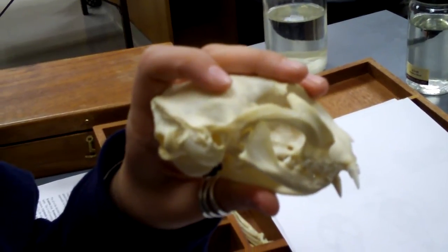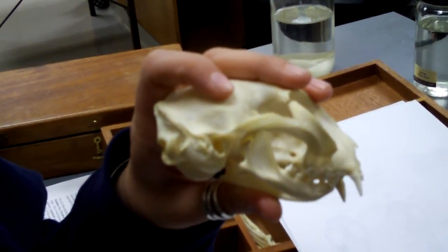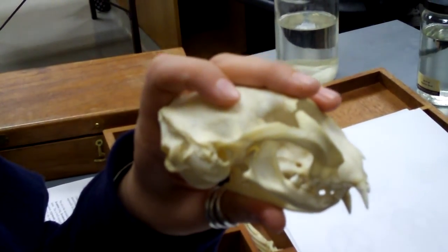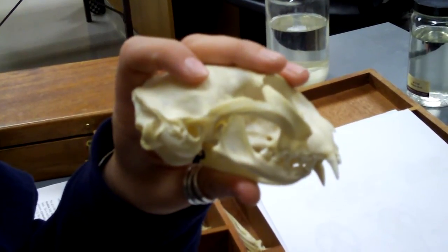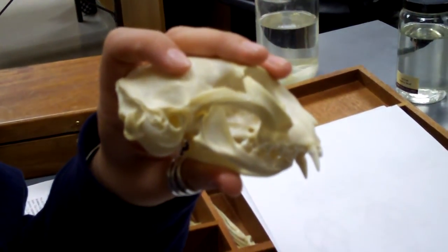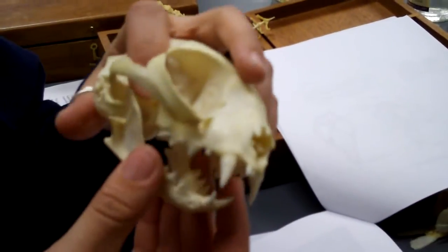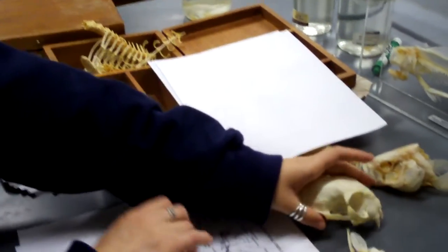Squamosal portion of the temporal bone, dash dentary. Good? Okay. Okay, on to